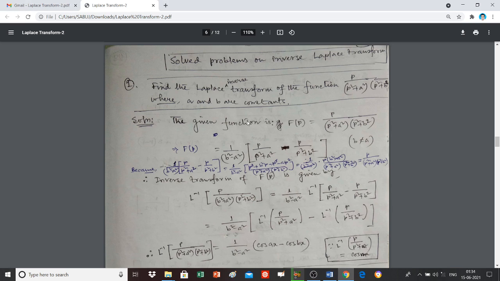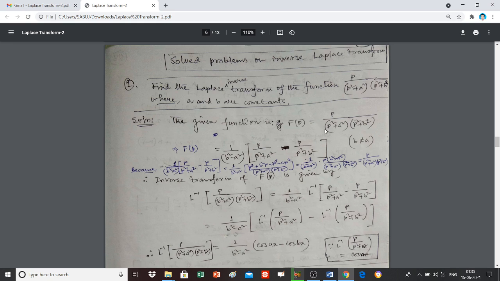Find the Laplace inverse transform of the function p by (p square plus a square) into (p square plus b square), where a and b are constants. So in this case, let us consider the given function F(p) equal to p by (p square plus a square) into (p square plus b square), and we are here to find the Laplace inverse transform of this function. Now F(p) can be written as